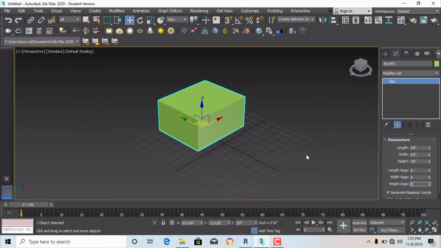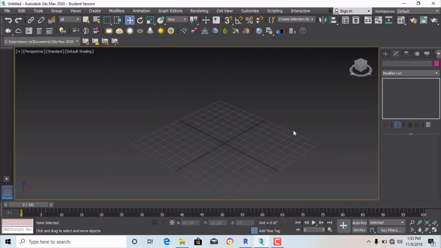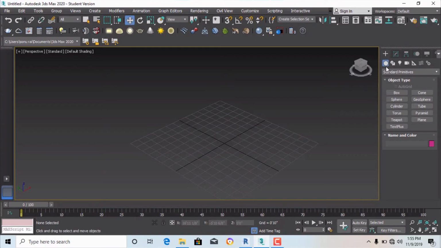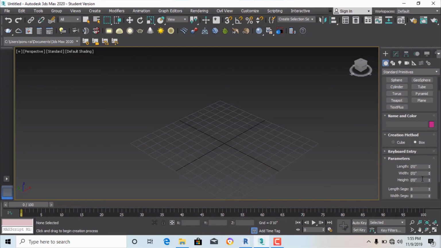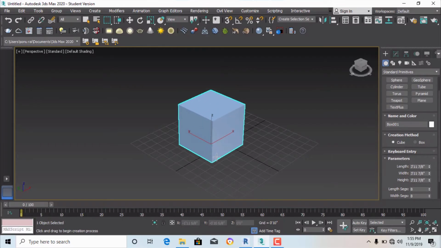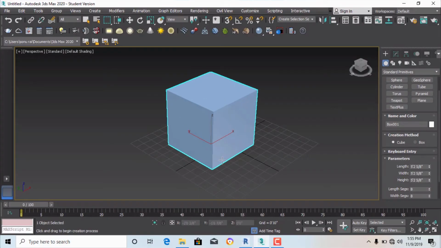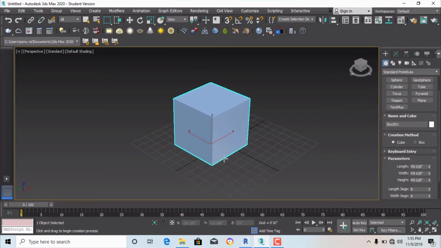And now you can simply delete here, and go to the plus sign again, go to standard primitives, and I am going to click on box again, and now I am going to check this creation method. I am going to select cube. When you select cube, the box will automatically be in a cube form. Whatever dimensions you make, on your right side you are seeing length, width and height are changing, but it's